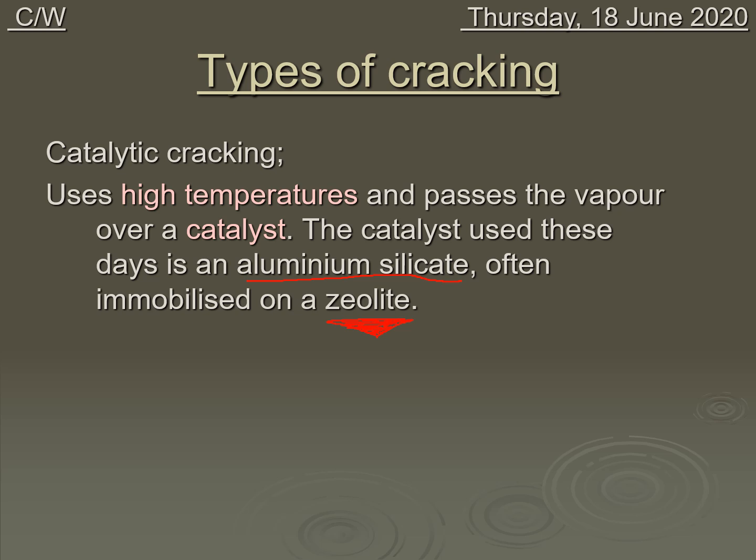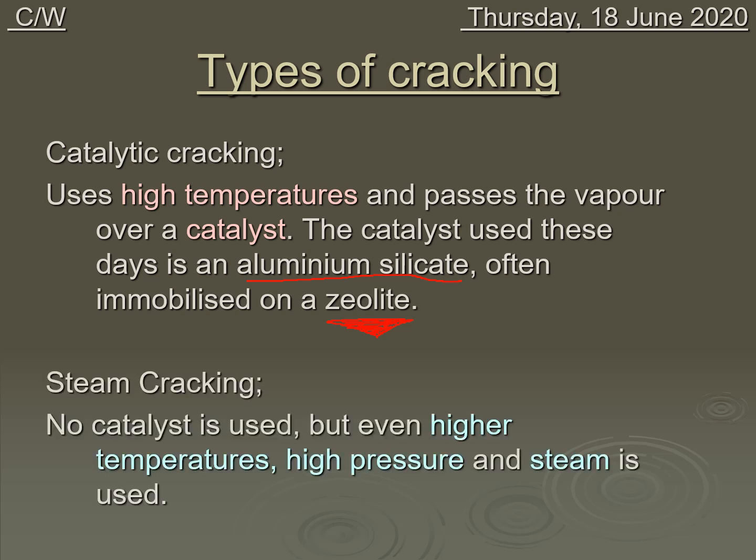And steam cracking. So steam cracking, no catalyst is used. The water kind of acts a bit like one, but this is used at higher temperatures and high pressure with steam. Now once again, if you have a 2-mark question, temperature is key, steam is key, replacing catalyst, and high pressure, whilst valid, is not what they're looking for in their marks. Okay, so that's the key thing you have to write in an exam. So high temperature, steam cracking, high temperature, and steam. Possibly pressure if they ask for a 3rd marking point, but it's very unlikely.